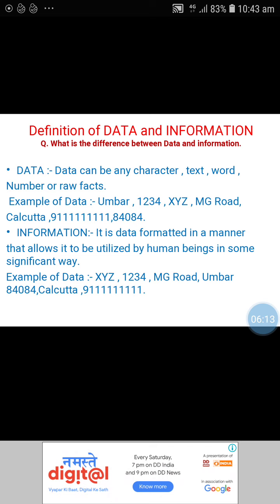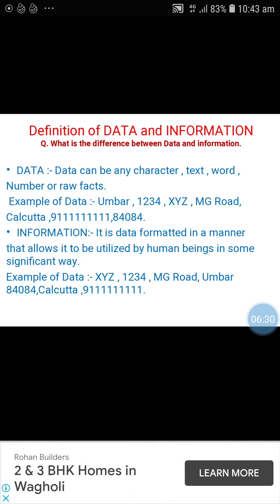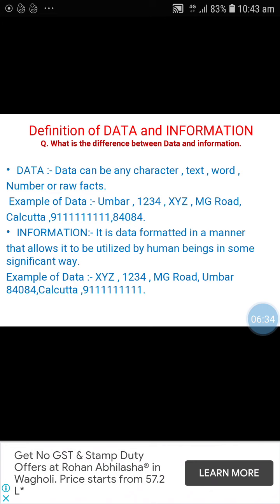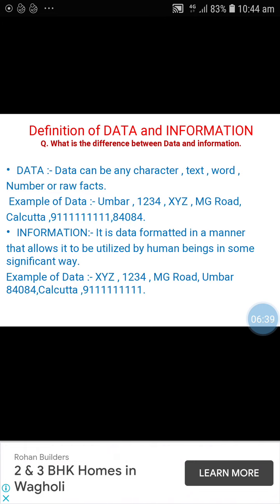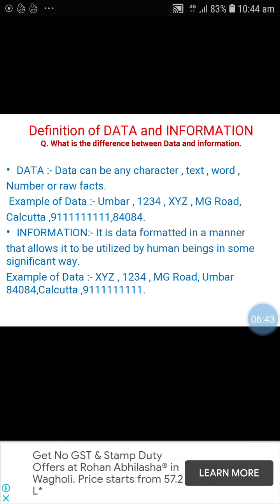So what is the difference between data and information? Data means raw information and information means processed data, or you can say data means unprocessed information and information means processed data. Data can be any character, text, word, number, or raw facts.